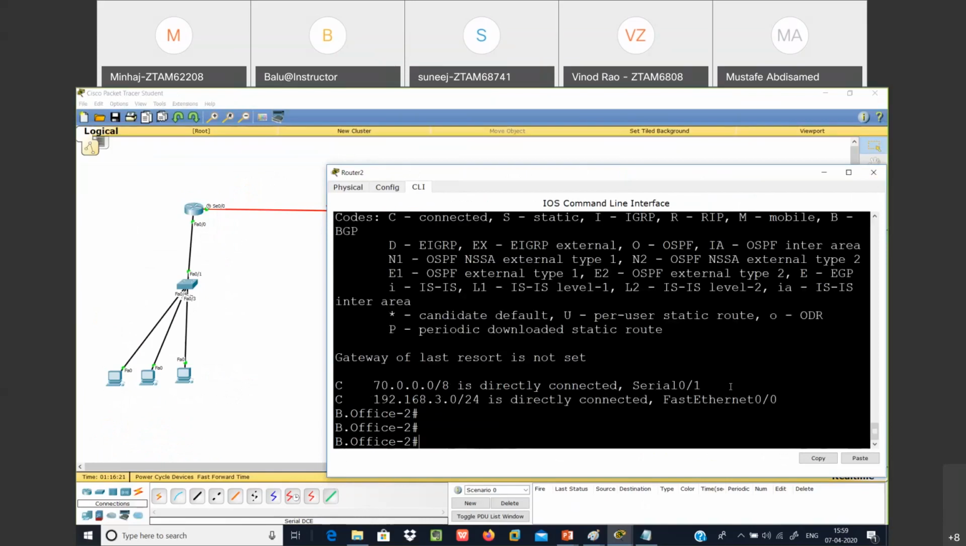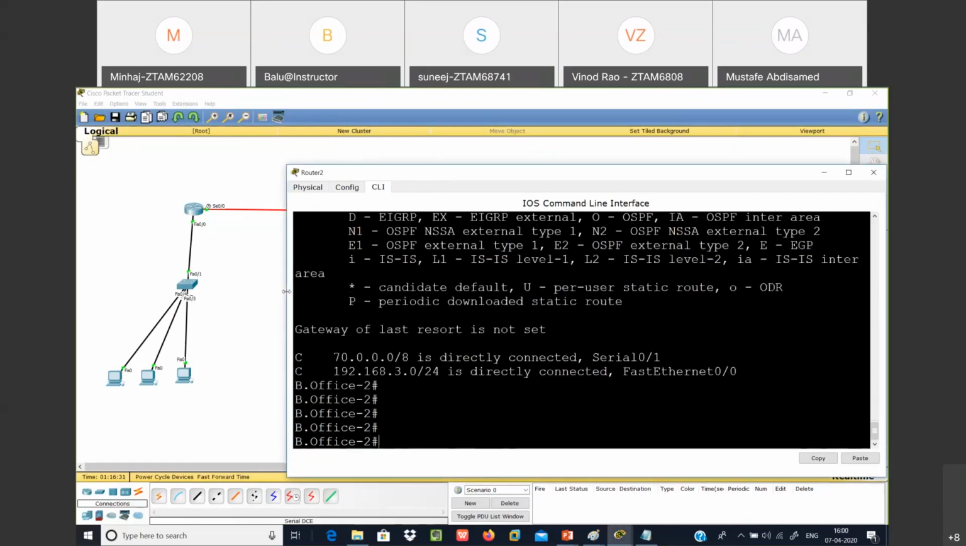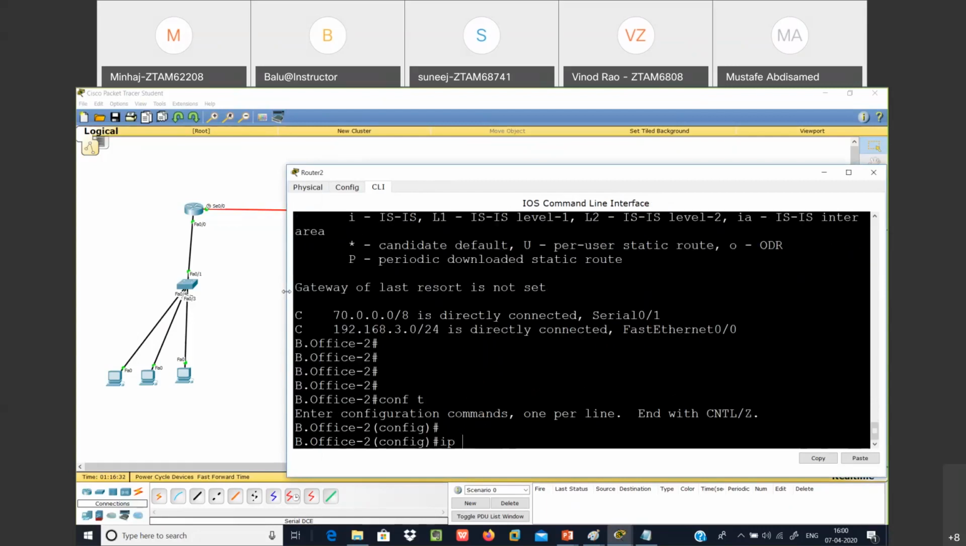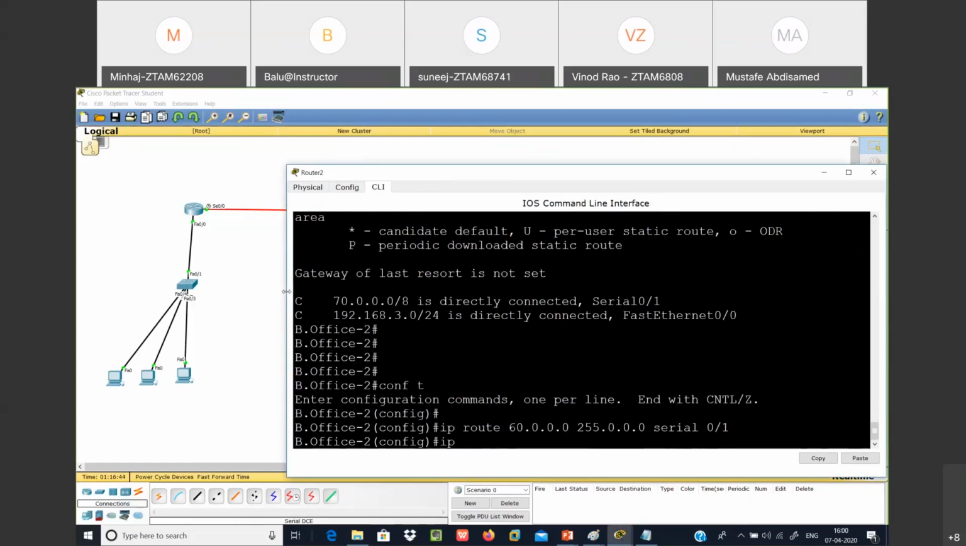So 2 are directly connected. So 3 need more to update. No one is there, right? Okay, fine. Let me configure. I will configure IP route, destination 60.0.0.0, 255.0.0.0, serial 0/1. IP route